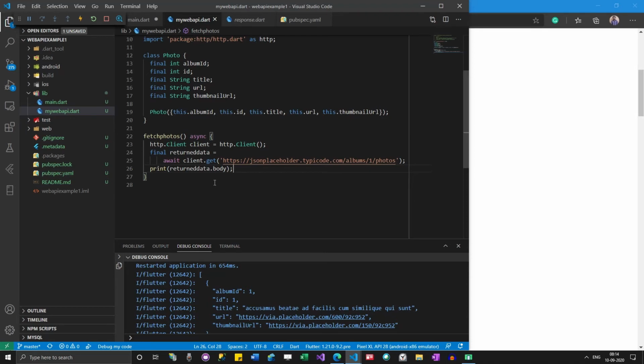We need to return a list of photos. So let's try to convert it. Let's parse it. Parsing means going to each and every value and actually processing it. Parsing is processing each value.